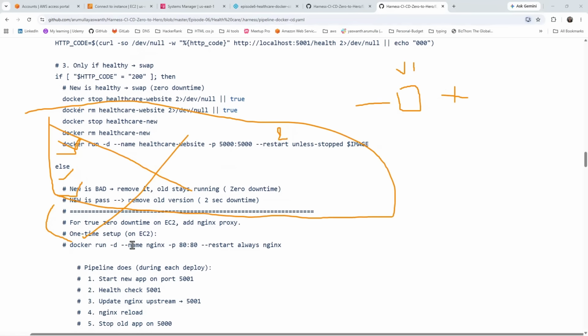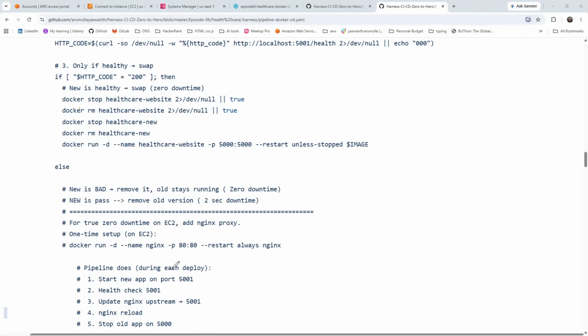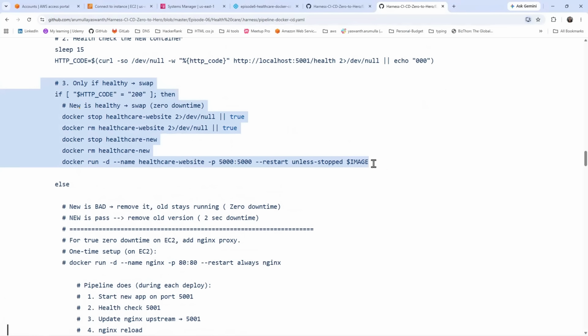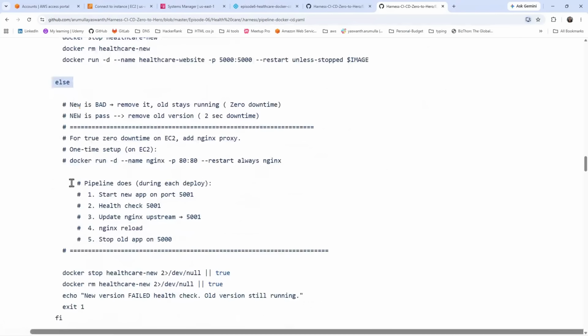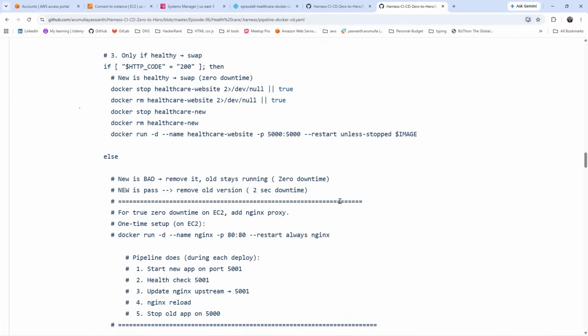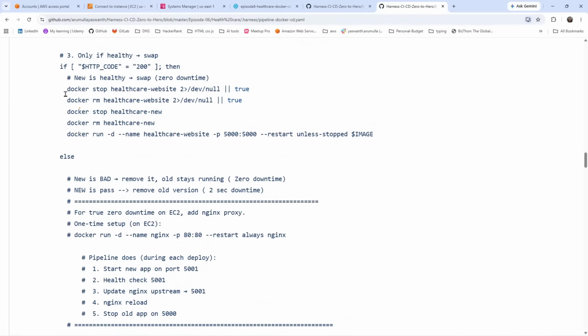This health stage, wait, this is confusing. Okay, automatically it will not go to this one. It will go to the else stage. Whatever new healthcare application is deployed, it will stop and it will remove and it will exit. At that time, zero downtime because the old application, the V1 application, is still running,